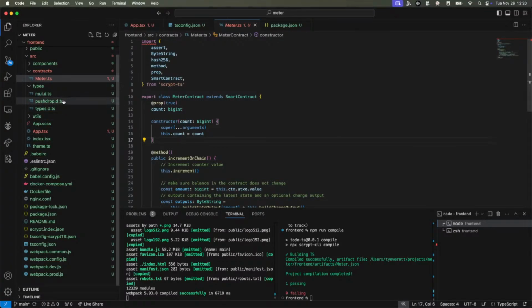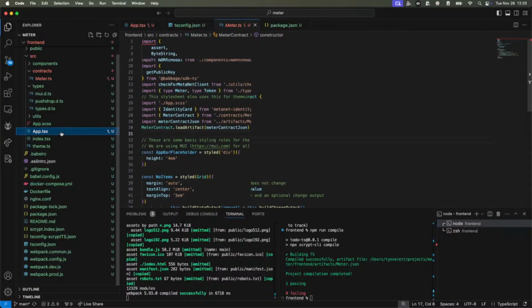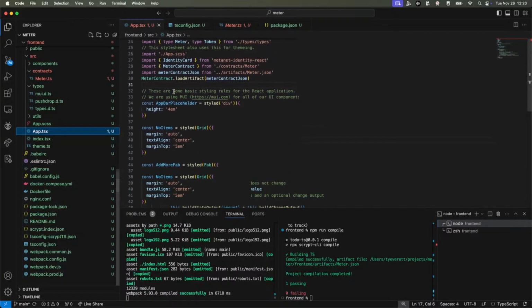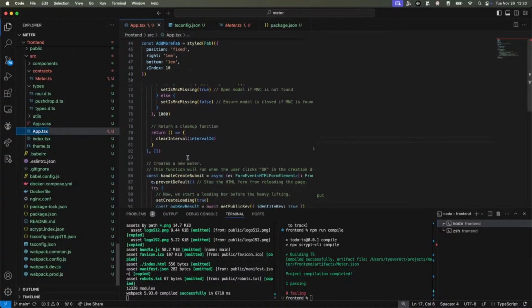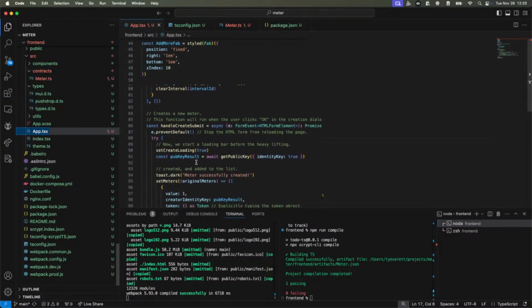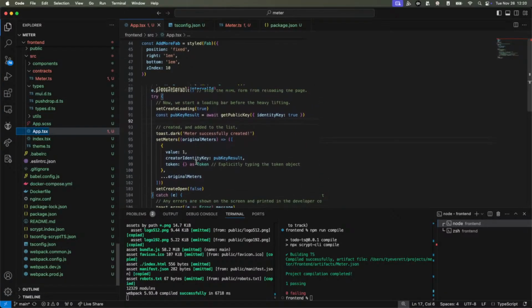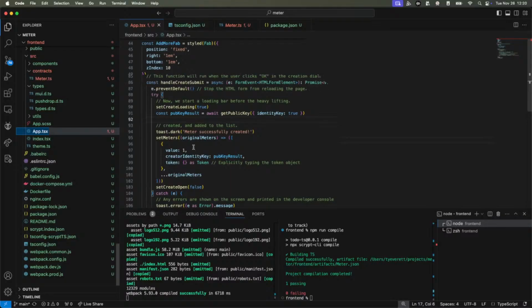So let's go ahead and just use our smart contract. Let's go to here, where you actually want to create one of these in the handle create. Right now, like I said, we're kind of just cheating. We're just saying, oh, this as token, empty object. But let's try to create a